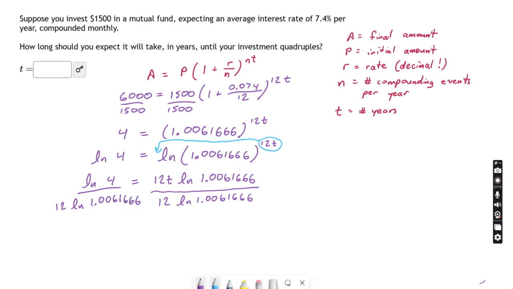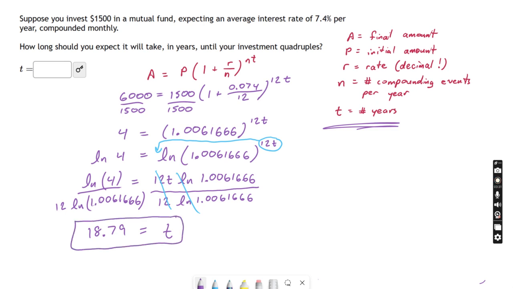So 12 natural log of 1.0061666. So you'll want to be careful with your parentheses. I'm being a little casual here as I write this. But you want to be careful with your parentheses and how you're typing this into a calculator. Otherwise, you're going to get this wrong. So make sure in your calculator, you have those parentheses clearly marked, like I just put right there. And when I put this in here, what I get is 18.79, which because this thing was written in years to begin with, that means 18.79 years,